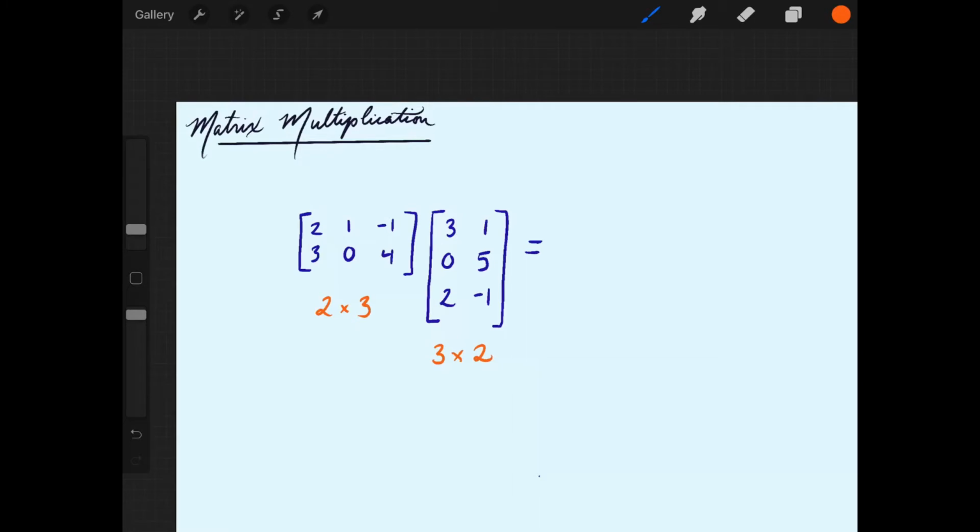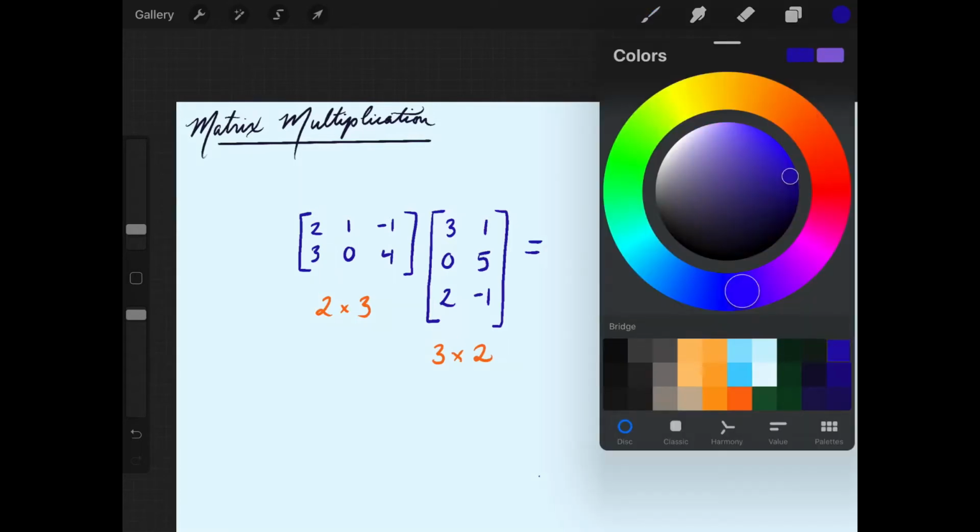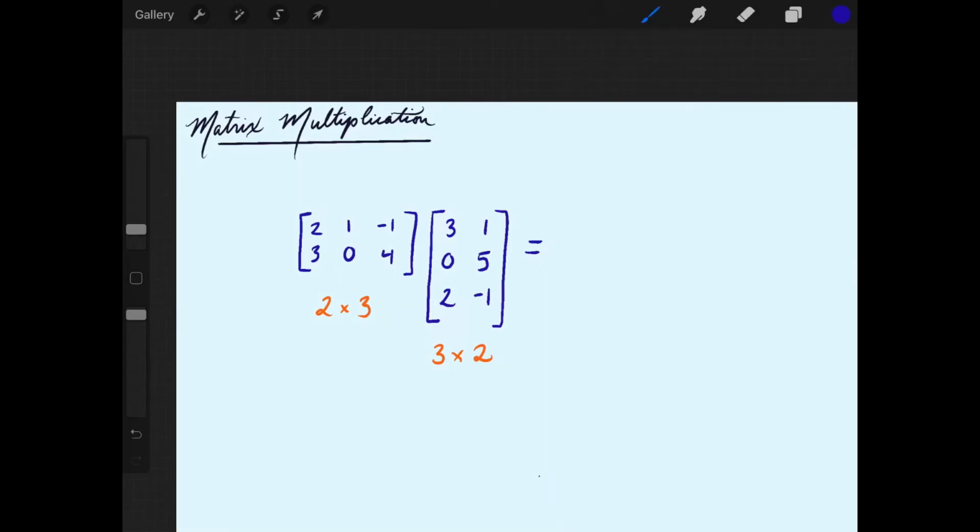If you're watching this video, hopefully you've already seen the video about matrix addition and subtraction, and hopefully you've seen that adding and subtracting matrices isn't really so bad as long as you just think about going position by position. Matrix multiplication, by contrast, is a little bit more complicated, and in this video, we're going to try and figure out how it works. To start, you can see that I have an example problem here, in which we are